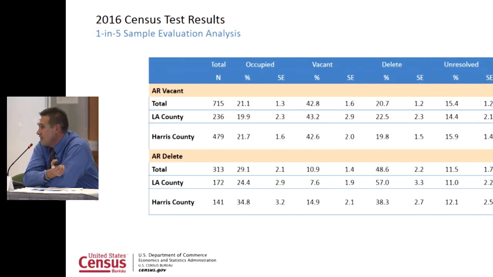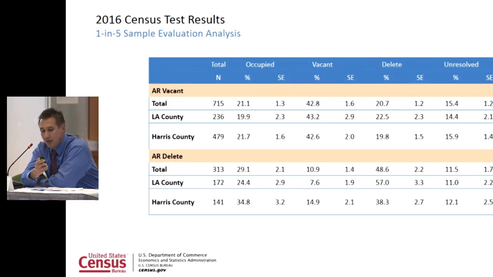So that was a high result which we ended up seeing and which we wanted to look at a little bit more. But at least with determining vacants, and Sunshine had mentioned earlier, with potential undercoverage for permanent populations, this was a result, and we've seen a similar result in 2015, which we definitely wanted to examine more. Also with the deletes, we thought this address says that this isn't even a housing unit. So there's no issues whether it's occupied or vacant. For those, the field work for those 313, again, 29% of those were coming up as being occupied. So these were two results which we ended up seeing.